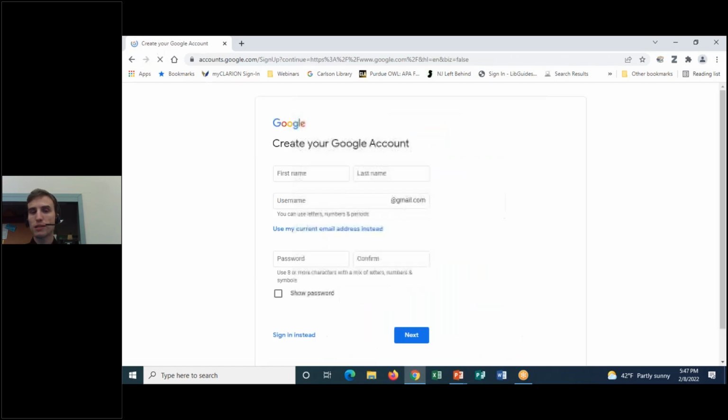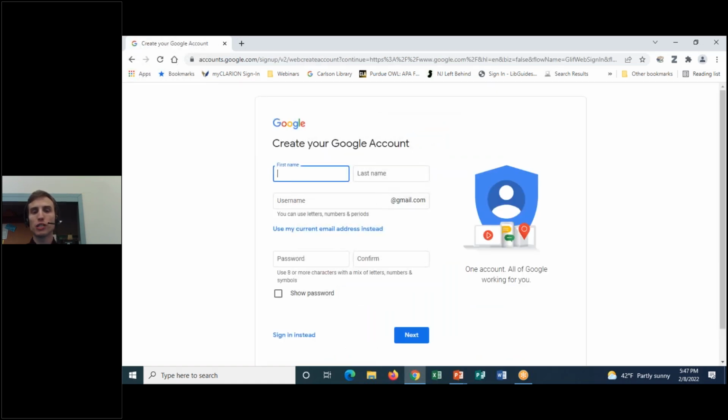I'll select for myself, and then you put in your first name, last name, you create a username, and then a password. However, notice how it's going to create a Gmail account for me. If you don't want a Gmail email account, let's say you already have a Yahoo email, maybe you have a Hotmail, some people still use AOL, you do not have to create a Gmail account. You can instead click on this link that says use my current email address instead. And if you do that,